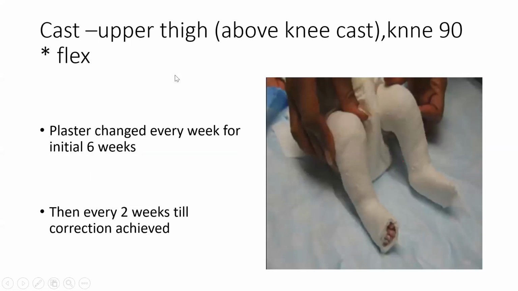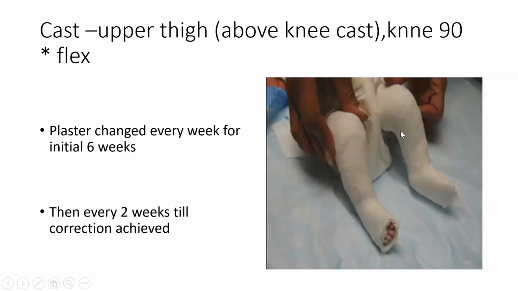So we are talking about the conservative treatment. Ponseti is the universal technique of correction of CTEV by serial manipulation and casting. What is serial manipulation? Every week you have to do manipulation and casting, for 6 weeks. So for about 1.5 months, 6 times you have to call the patient for manipulation and casting for the initial 6 weeks, and after that every 2 weeks, till the correction is achieved.